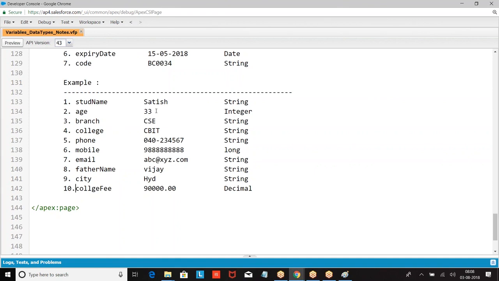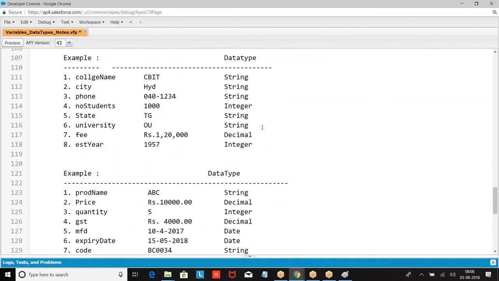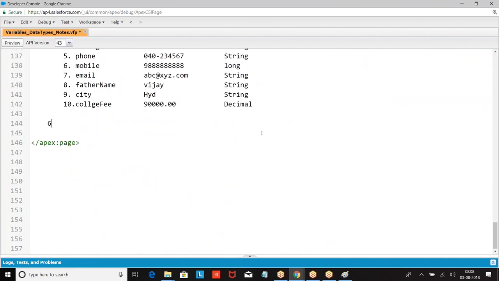Okay. Now, how do you define the variables? Syntax of defining a variable. I hope everyone is good with this. Variable declaration syntax: data type, variable name. Now, this is optional.